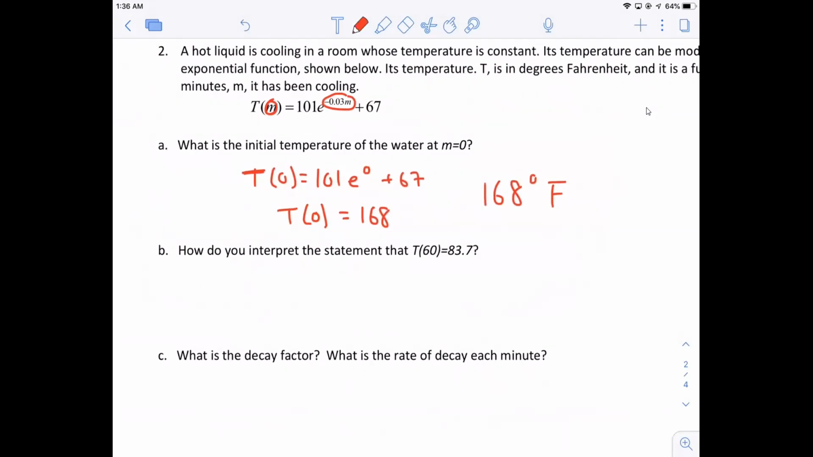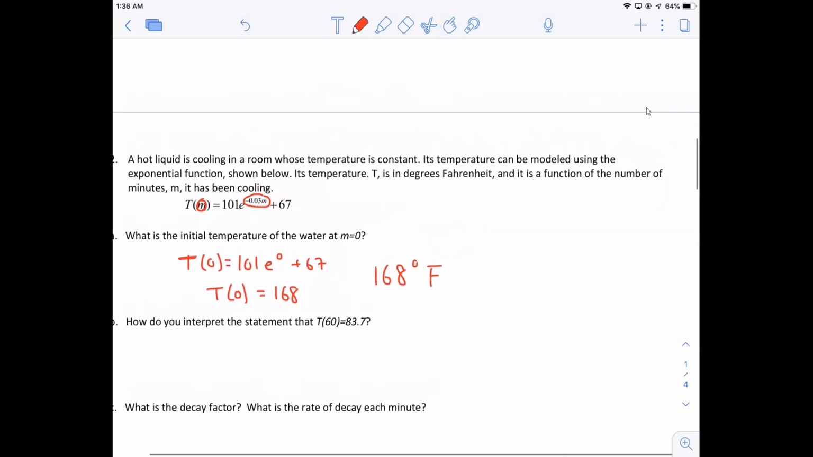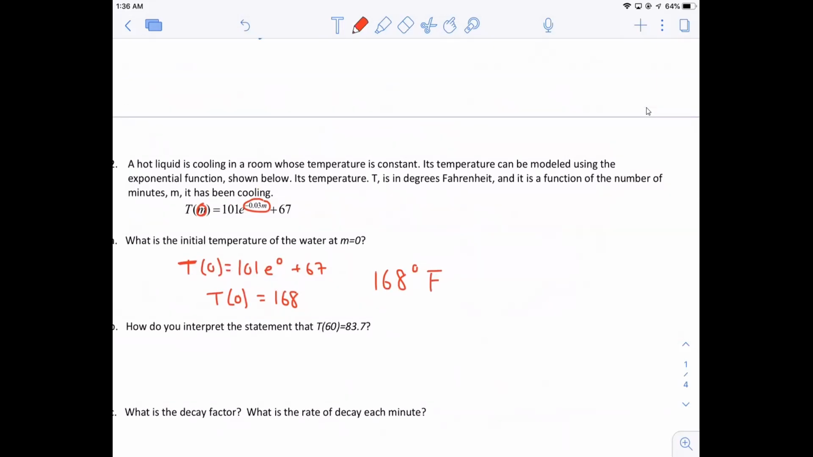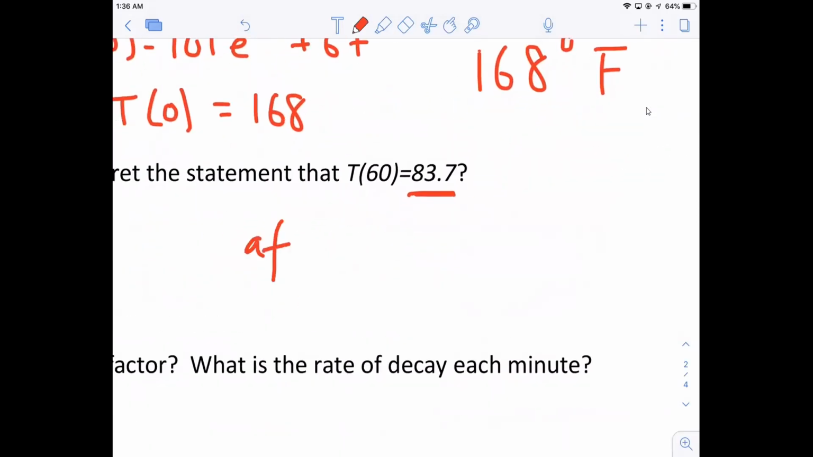How would you interpret the statement T of 60 equals 83.7? So apparently if you plug in 60, you're going to get 83.7. So let's take a look at what the input is. As a function of the number of minutes M it has been cooling. So I'm plugging in a 60 for M. So after 60 minutes or 1 hour, the temperature is going to be 83.7 degrees. Right? After 60 minutes,